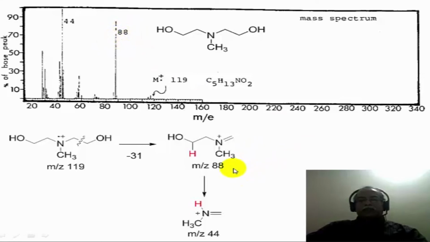On the other hand, further fragmentation by a hydrogen migration to the amine followed by loss of vinyl alcohol results in the loss of 44 mass units, which corresponds to the vinyl alcohol, resulting in the formation of this particular iminium ion at 44 mass units. So the 44 mass unit is exactly half of the molecular weight of 88, giving 44 with the loss of vinyl alcohol as a fragment in this particular case. So essentially all the major peaks in the fragmentation process of this compound have been accounted for by simple fragmentation.